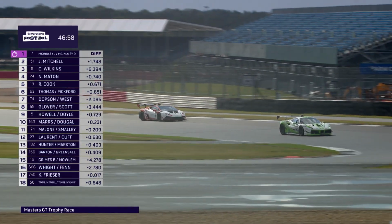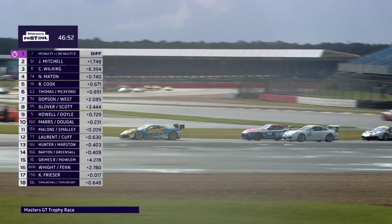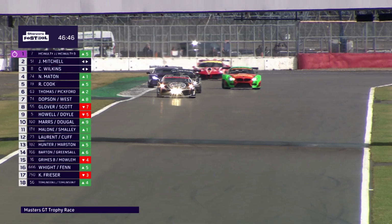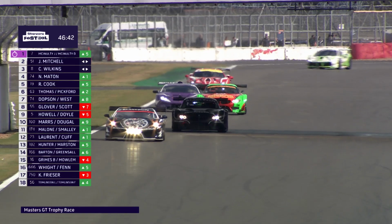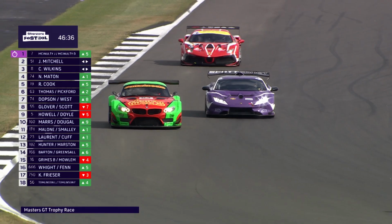And that's the Ferrari number 160 of the Fresh and Fruity man, Wayne Mars, and Richard Dougal sharing in that car. And starting is Wayne, the owner of the car. Wayne Mars starting, quite experienced in that car. So he's made his way. He's got a big gap to the Ferrari in front of him, but Wayne Mars has made his way up